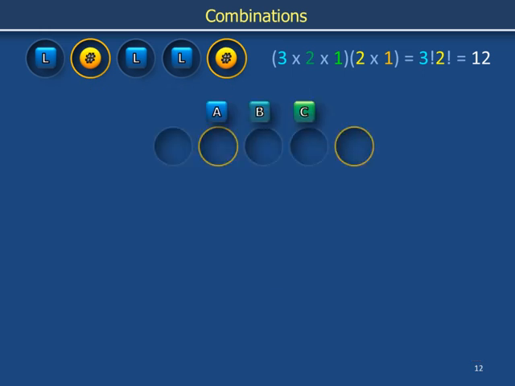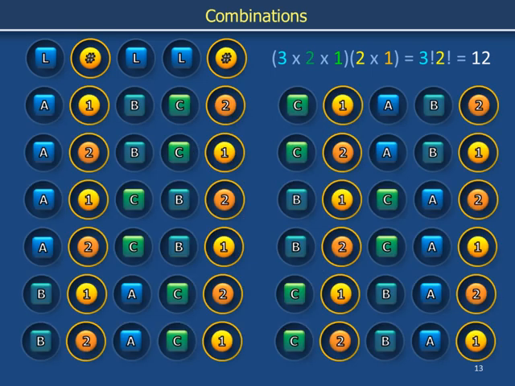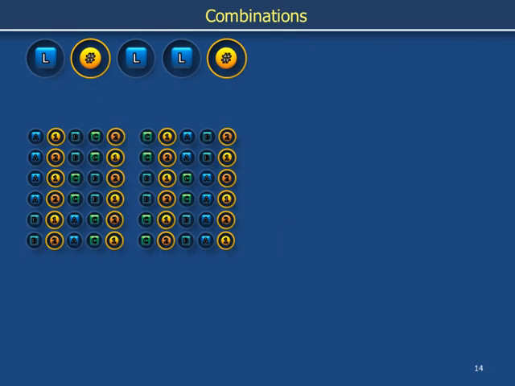How many ways can I arrange 3 letters into the 3 slots with blue question marks? There are 3 factorial equals 3 times 2 times 1 equals 6 ways. How many ways can I arrange 2 numbers into the 2 slots with golden question marks? There are 2 factorial equals 2 times 1 equals 2 ways. If the letters A, B, and C were indistinguishable, and the numbers 1 and 2 were indistinguishable, then these 12 patterns would be indistinguishable. Thus, in this sense, they belong to the same family, the family defined by the theme